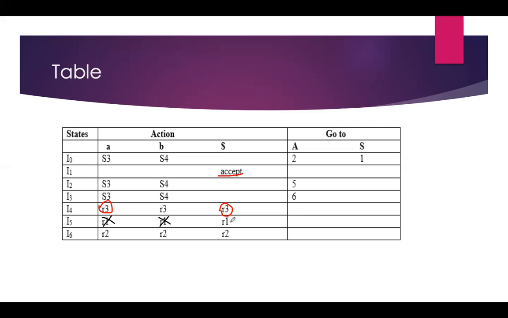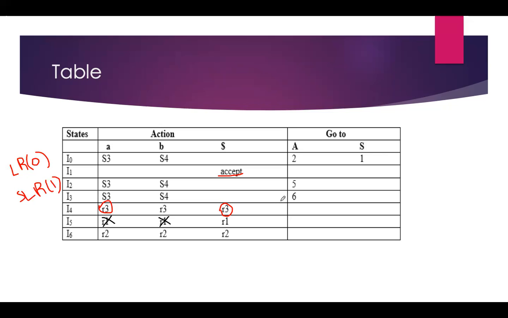One thing I want to say: while filling these reduce statements, in LR0 we construct the table the same way. But in LR0, in I5 state, everywhere we fill R1, R1, R1, in all the terminals. In SLR1, there is no need to fill all the terminals with that reduce statement.